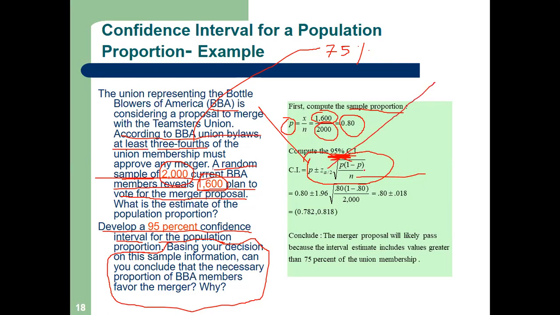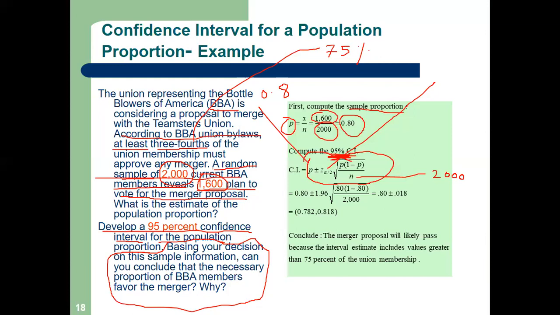So we know N. What is our N? What is the sample size? 2000. What is our P? Already we have calculated 0.80. So what is unknown here? Z. Yes, Tejasvita, from where will we get Z alpha by 2?